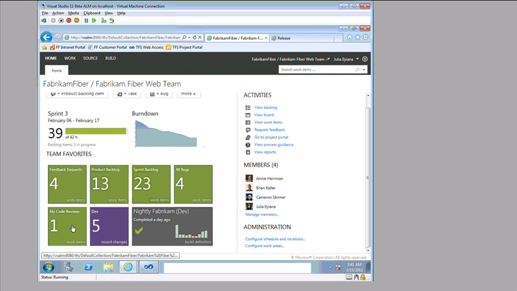Same thing can be done for any other kind of thing, so bugs that are assigned to me or feedback requests that are assigned to me, whatever that is. Finally, we have a couple of other flavors of tiles that are of interest. We've got this one, the purple tiles come to us out of the Source Control Explorer, and so this is